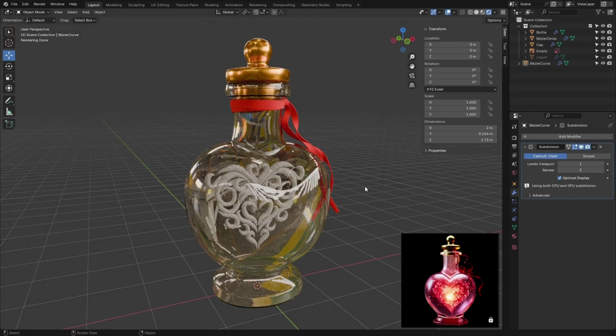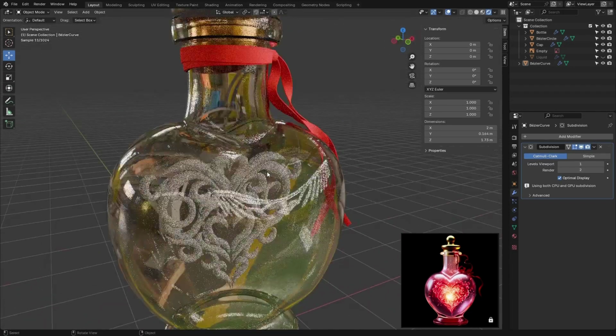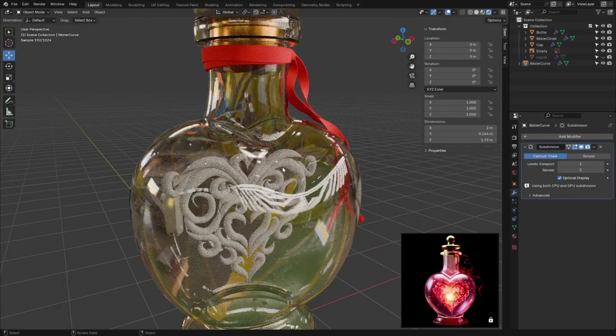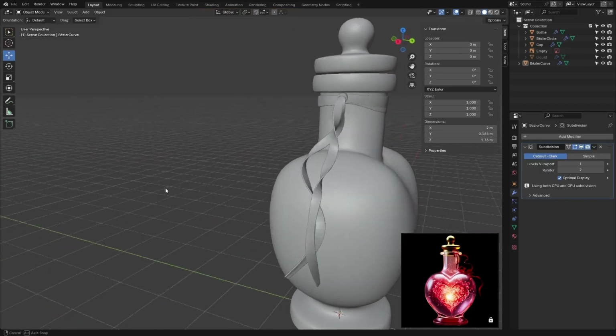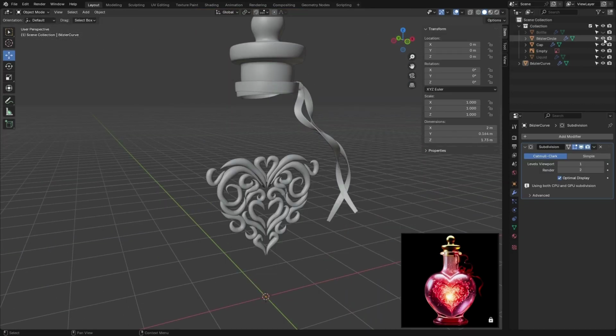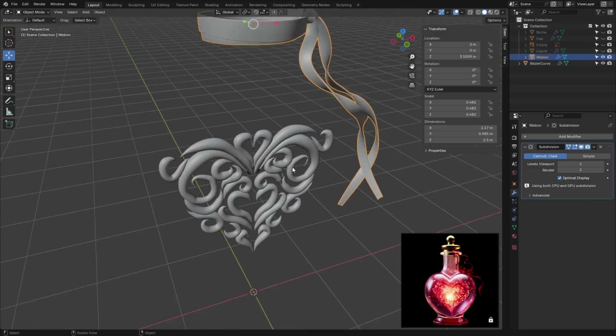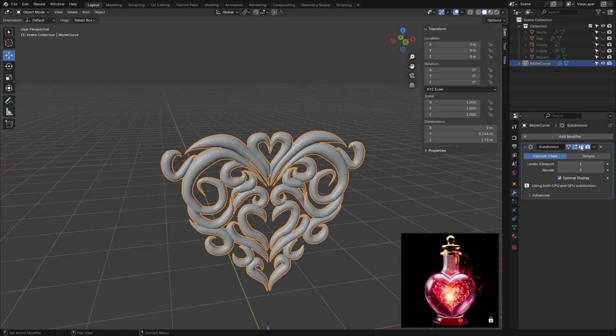So, you want to have some bubbles here, right? No problem. Let's add a particle system and make it bubbly. Let me go ahead and hide the bottle and the cap, and let's change the name of this to ribbon. And let's hide it also. This one, let's make it heart. All right, so